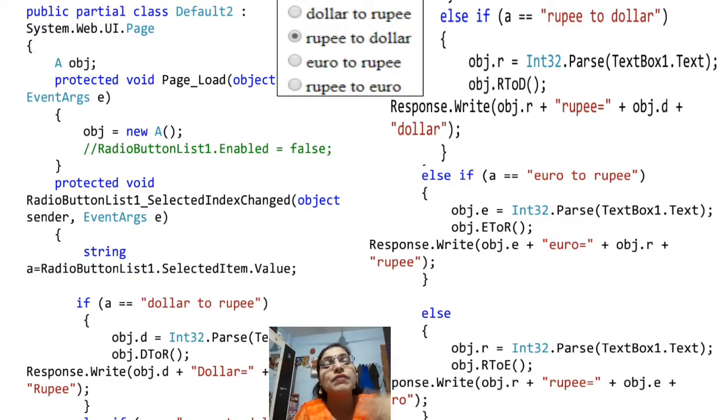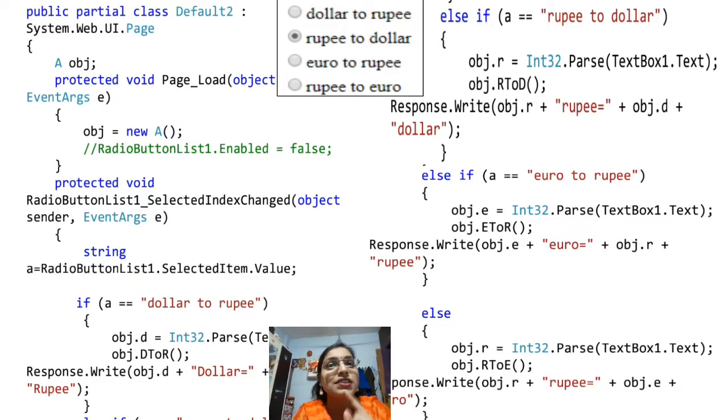And after that we have used the if else ladder concept, that is, if a equal to, within double quotes, dollar to rupee, meaning if both the texts match, the selected item value is equal to dollar to rupee. Then what we want to do, as I previously told you, is call the specific function of dollar to rupee. But before calling, that function is doing some multiplication, right?